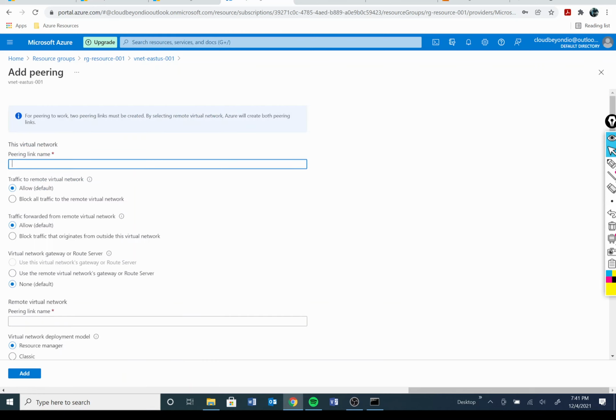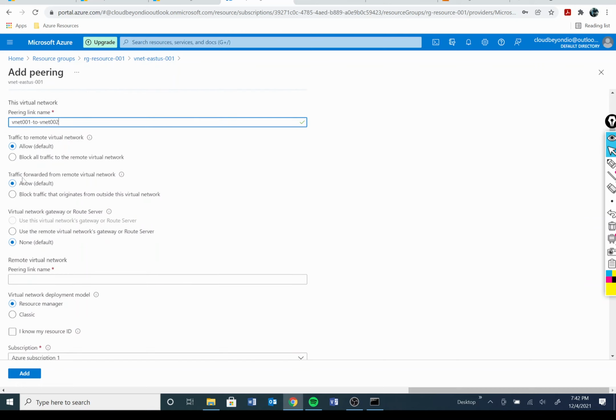Okay, so we got to give it a name. Let's call it VNET 001 to VNET 002. So traffic, let's look at the options here. Traffic to allow remote network. So we want to have this set as allowed because this allows communication between the resources in the different virtual networks. As far as traffic forwarded from